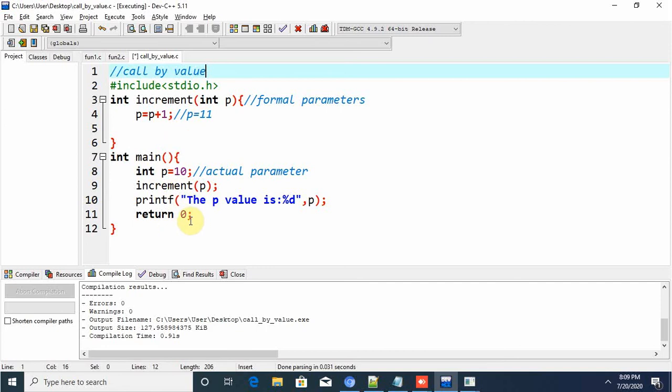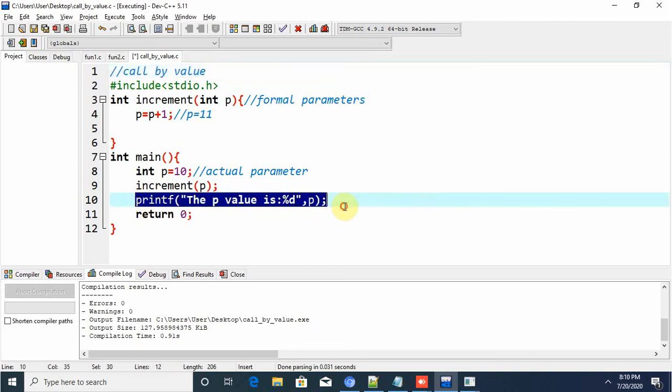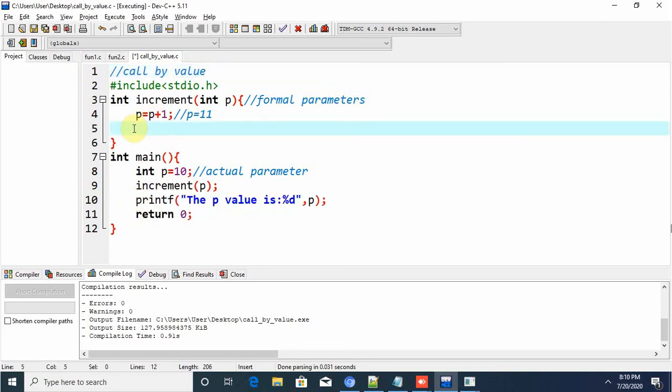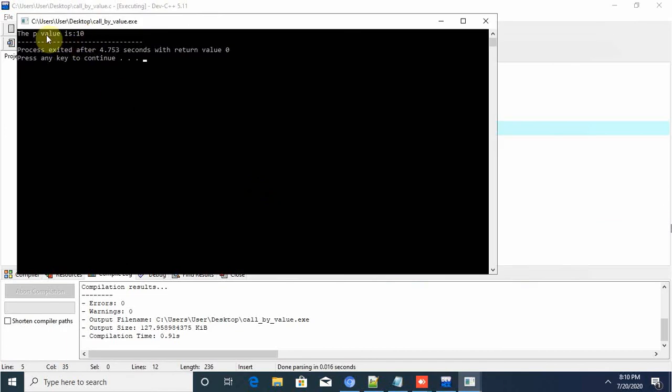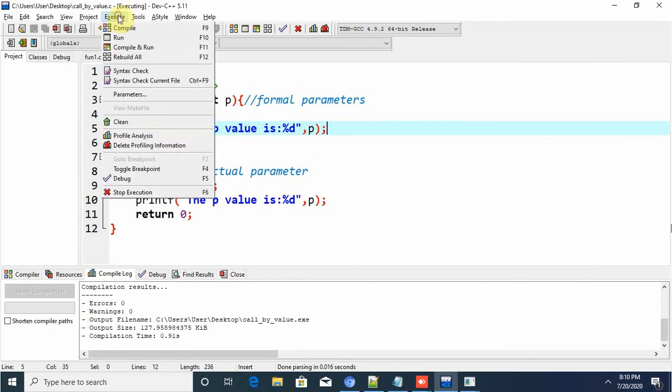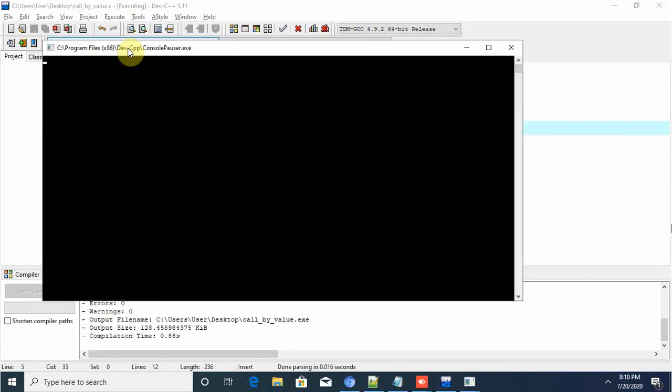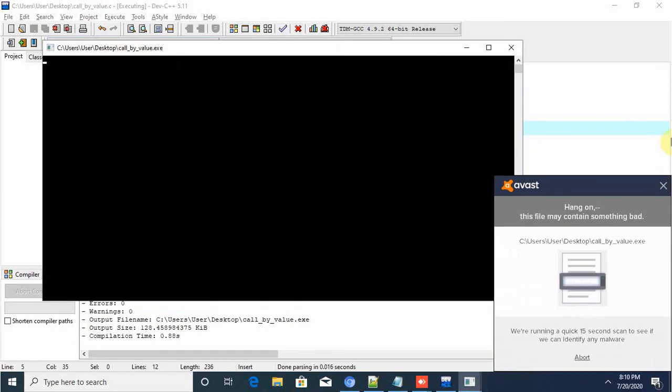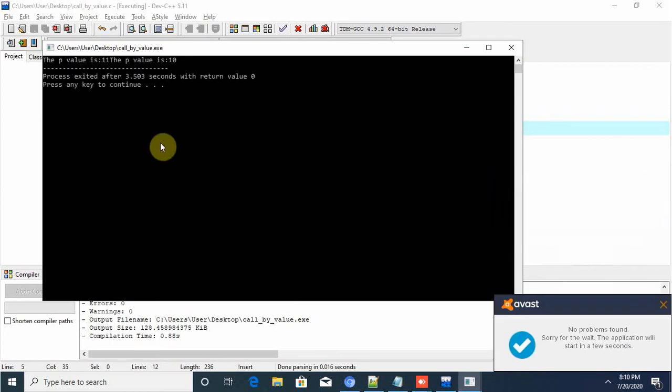There you will get 11. If you use that printf statement within that increment function for printing that P value, you will get 11. Here you will get 11 and 10.